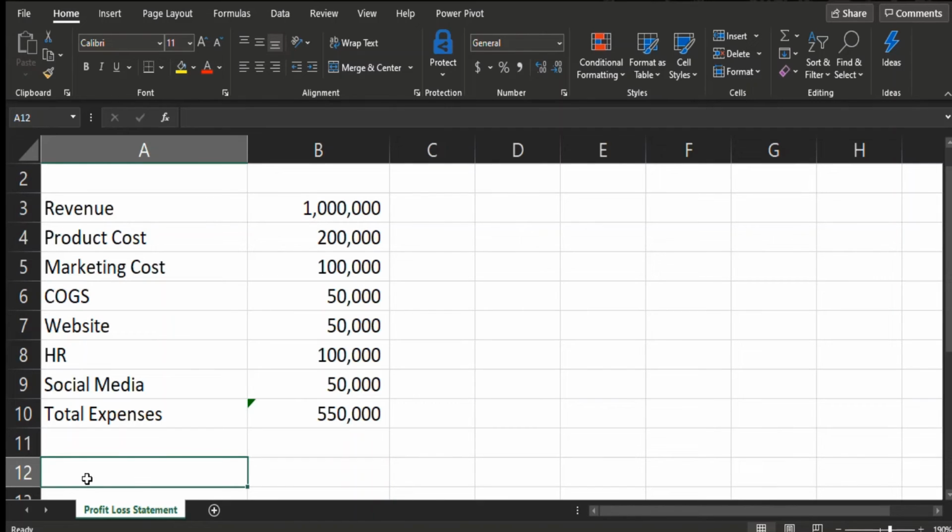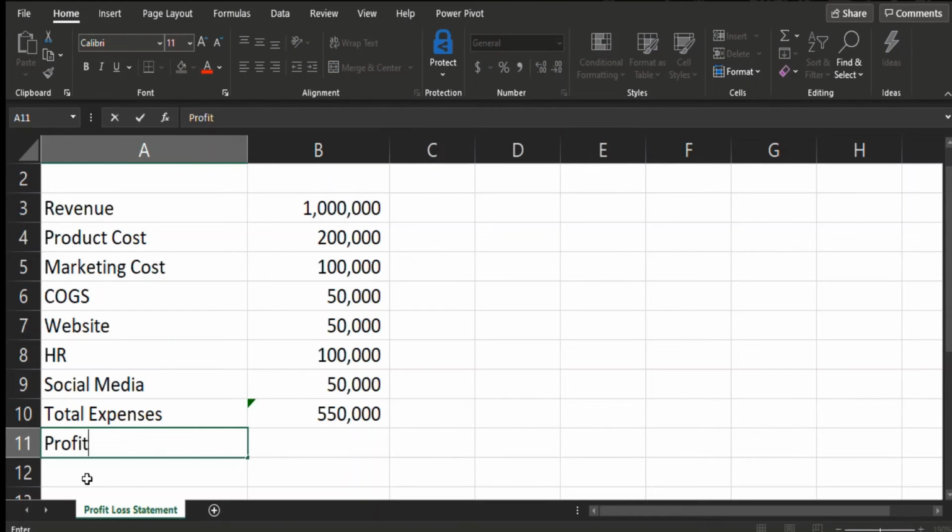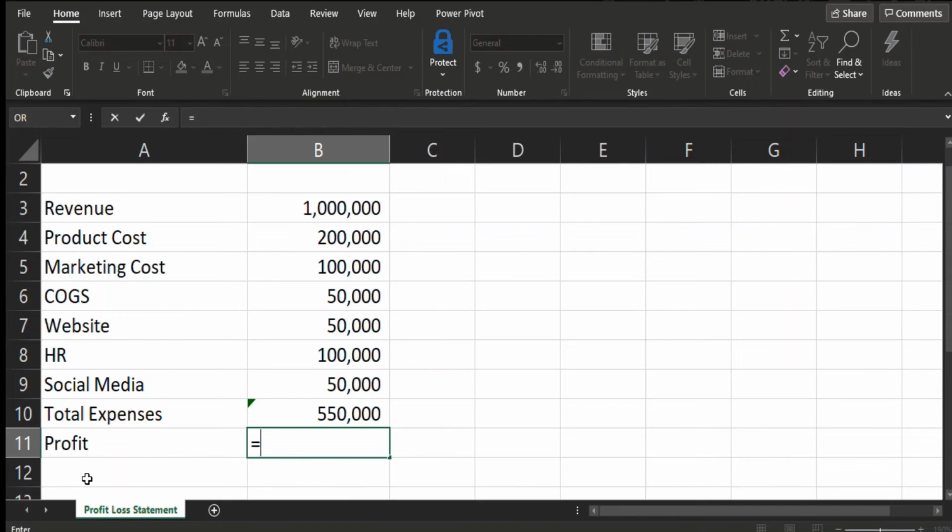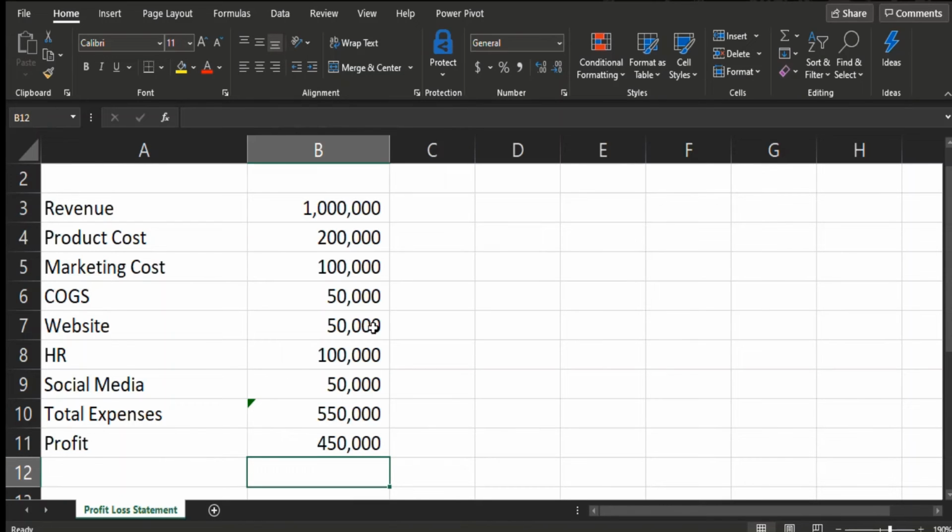So let's see if I am making any money. Let's leave one cell, or not. I don't actually need that. Let's call this profit. We are not going to go into taxes or EBITDA and those things because that's way too early for you. This is the first lesson, so we are not going to get into that. So I simply do this. Now you know how you did sum. Now I select B3. I write the minus or subtract sign, and I subtract total expenses, which is B10, and I press enter. So I get